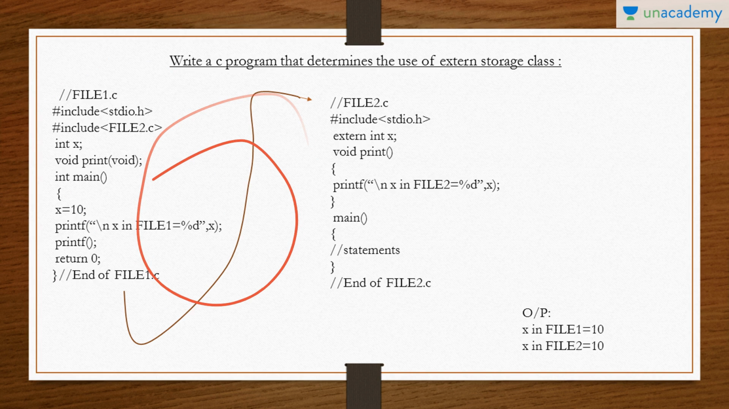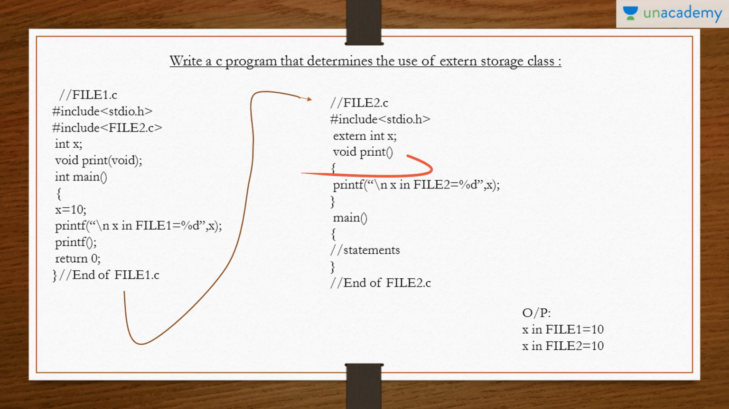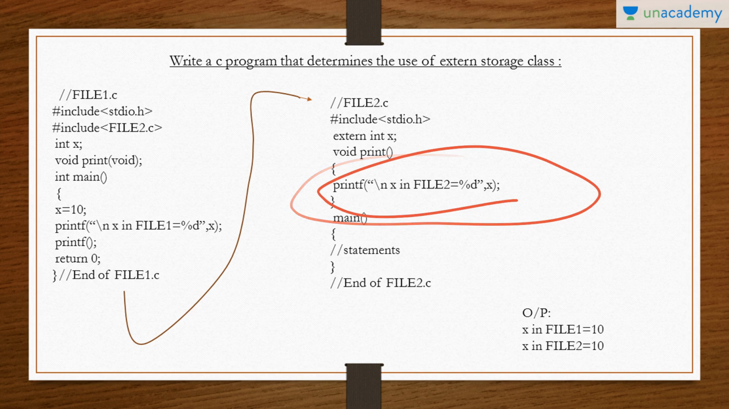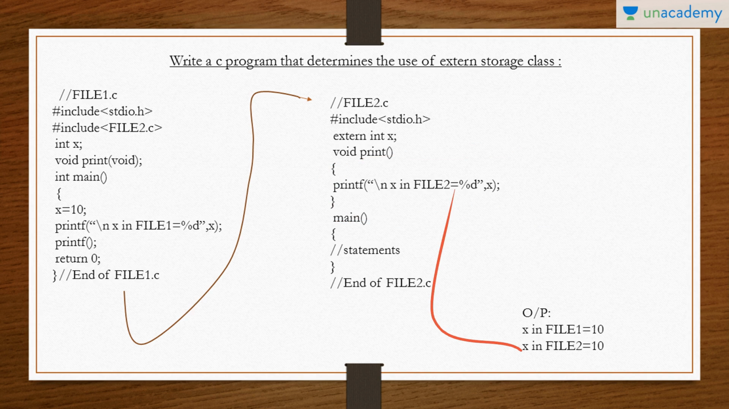So this is file 2.c, with #include <stdio.h>. Here we have placed extern int x. Now void print: we have simply defined a function print, which is void because it will not be returning a value. So here, x in file 2 is equal to %d, meaning simply as you see here, this will be the output. We have very little time, so without consuming much more time,